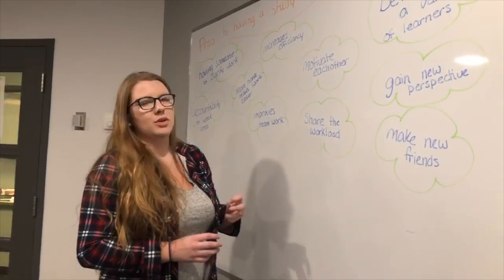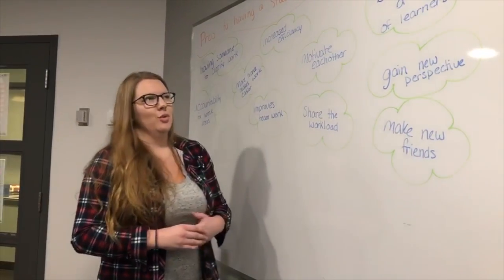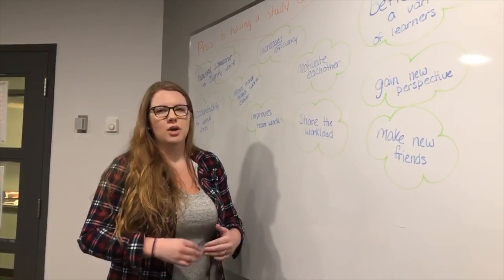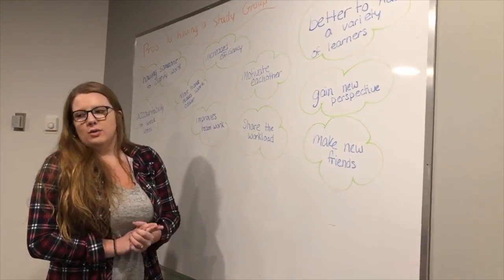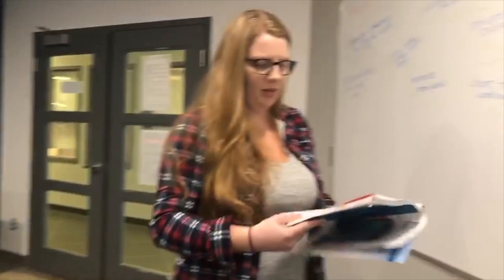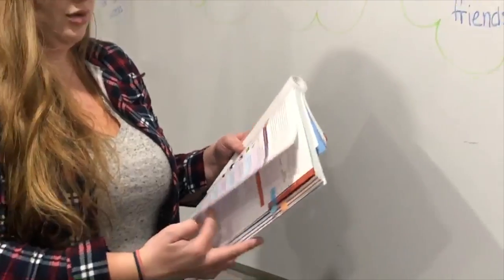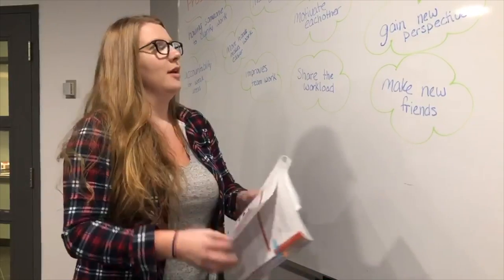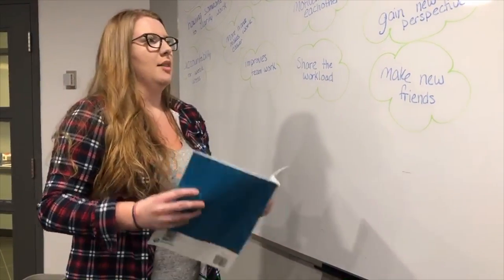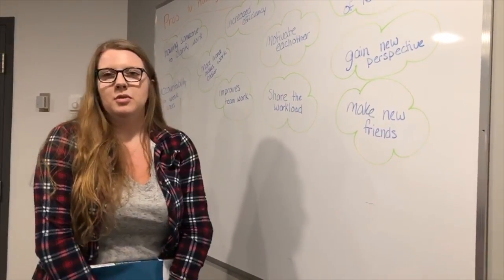Sharing the workload is really helpful because then you're not having to do the entire assignment all by yourself, and you can get through it a lot easier while doing all of your other assignments. Better to have a variety of learners, so that goes with this in your textbook. On page 83 it says all of the learners that you have, as well as what's beneficial to each learner, and even has a little quiz that you can do to help you understand how you learn the best, and then gain a new perspective so you can see things from other people's points of view,